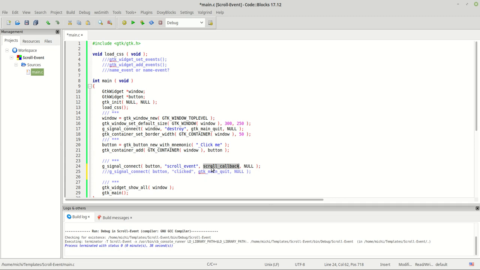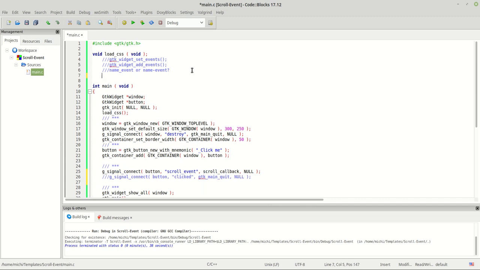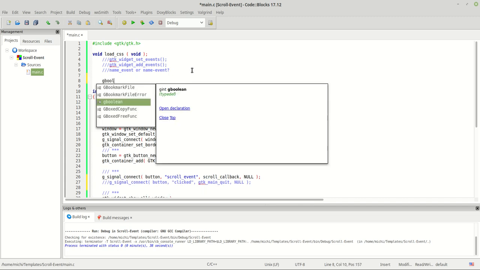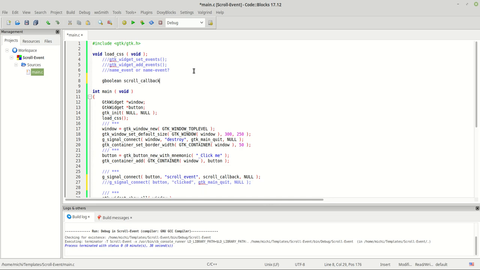We already know that once we are working with events, we need a function which returns gboolean and not a void function. So a gboolean function, call it scroll_callback,